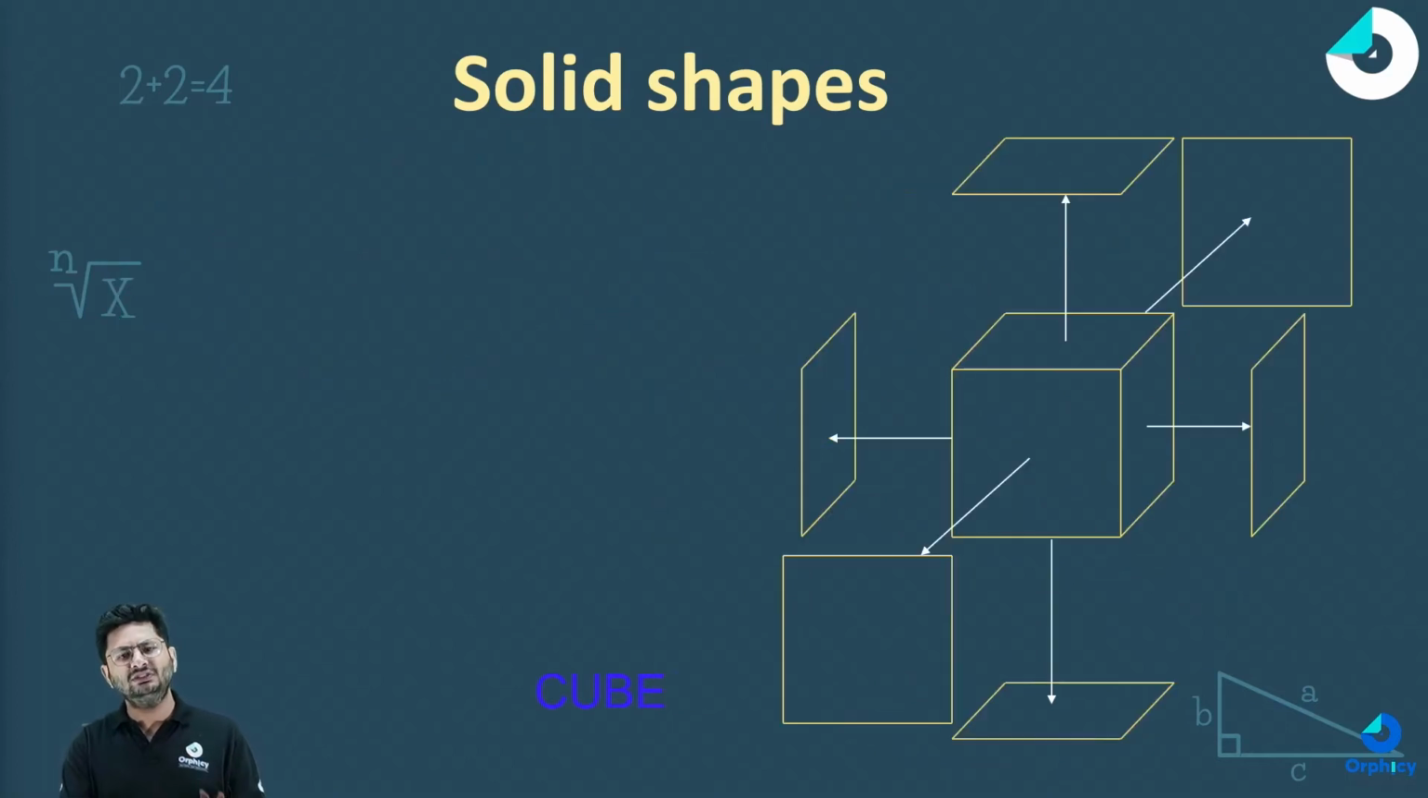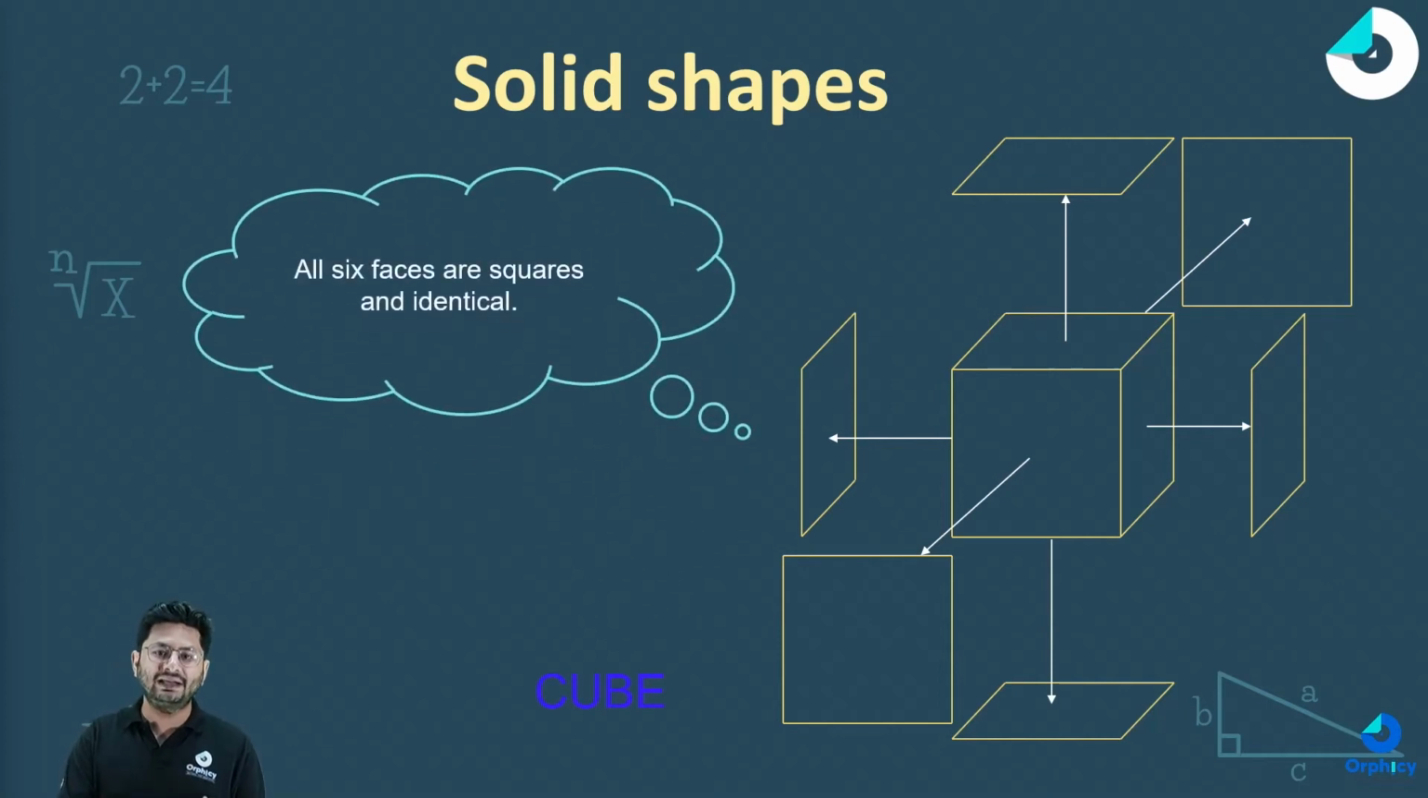We can do something like this in a cube also. यहाँ पर भी 6 faces है, but here all the 6 faces are identical and all the 6 faces are square. Okay, great. So in a cuboid or in a cube,